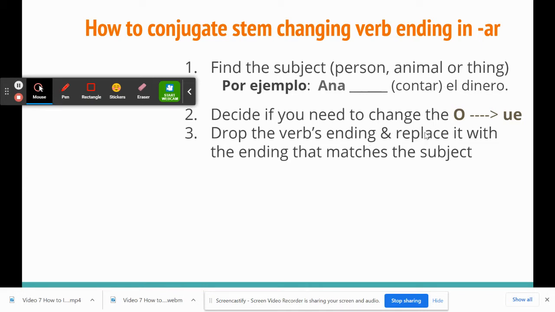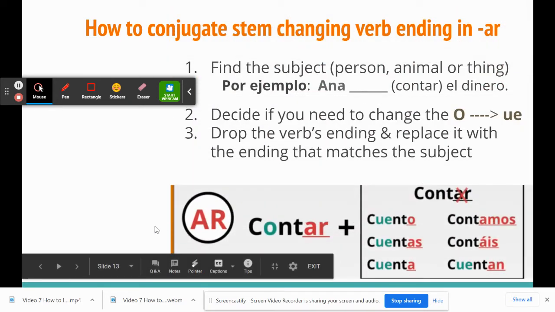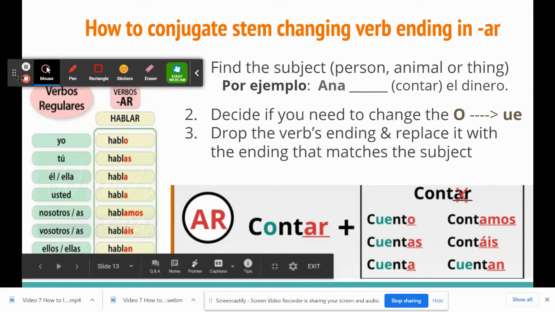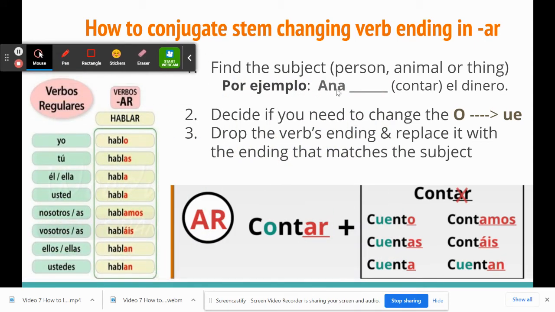Dropping the verb ending and replacing it with the ending that matches the subject. So here are some word banks that we can use to make things easier for us. The subject here in the sentence, Ana contar el dinero, is Ana. Muy bien. Now the next step is that you need to decide if Ana is one of those conjugations